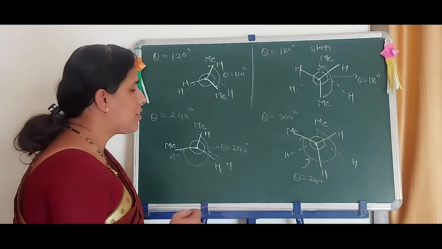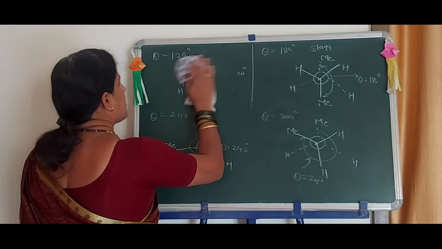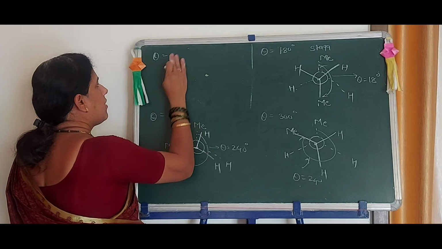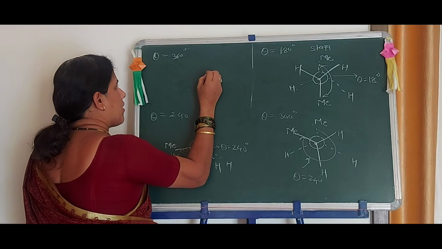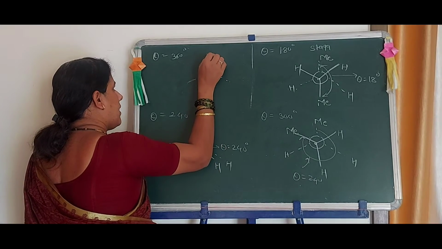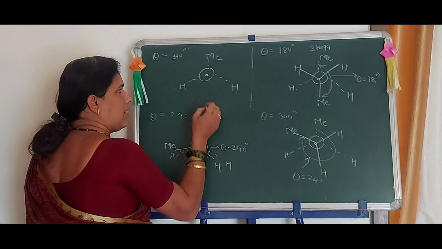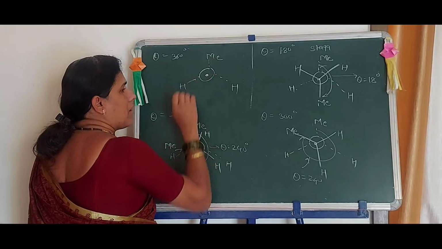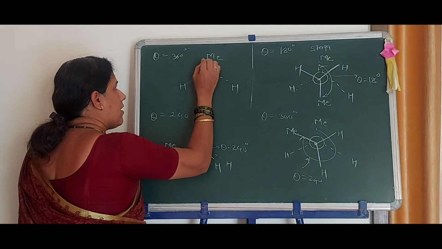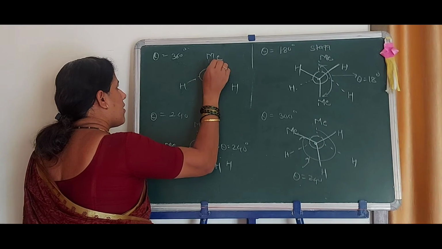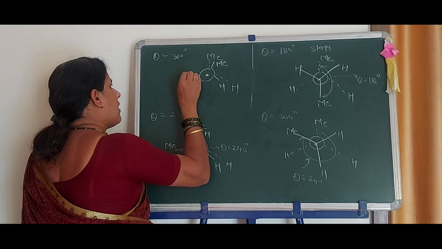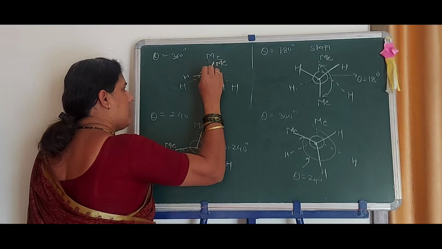And last is 360 degrees. That is the first structure, again theta is equal to 360 degrees. Front carbon atom, rear carbon atom, here the front carbon atom has Me, CH2. And here as an eclipsed position we have to draw it in such a way that here Me, here also H, okay, and here also H.